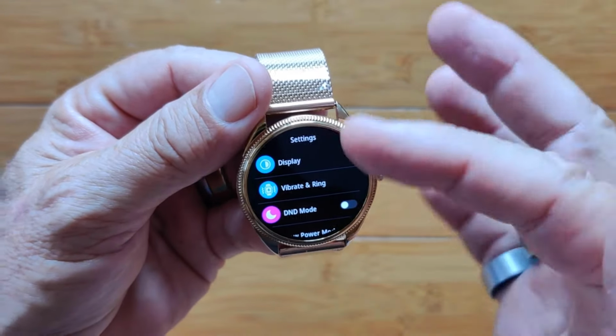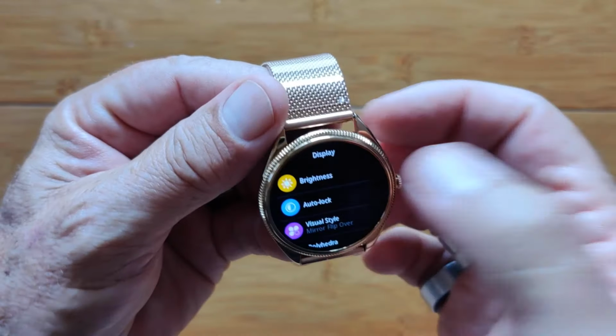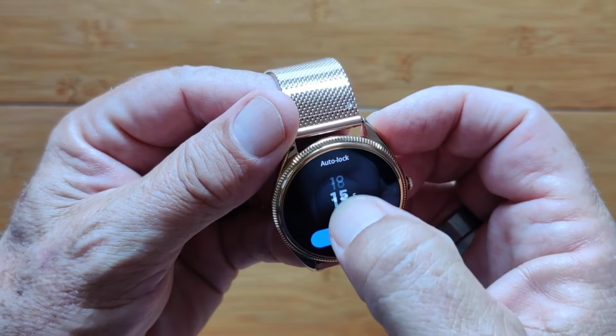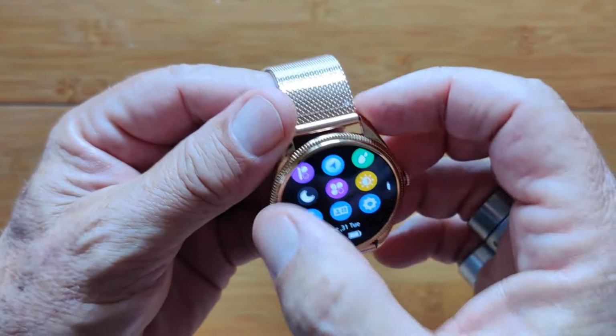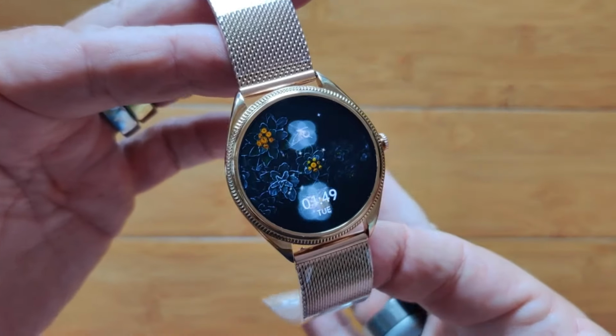Let's go over to the app drawer. Here you go. Into the settings. The settings first. We've got display where we have brightness. Auto lock is where you can change the length of time that it'll be on the screen. And I want to go down to 5 seconds right now because I want you to see something. I'm going to bail out of here, come back over to the main screen, give it 5 seconds, and this